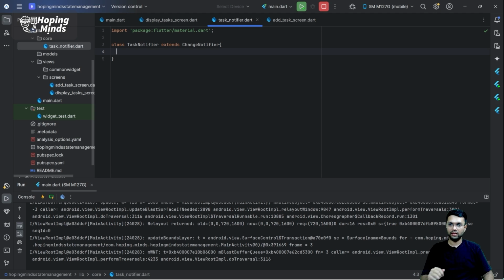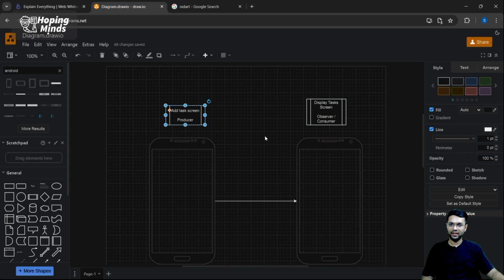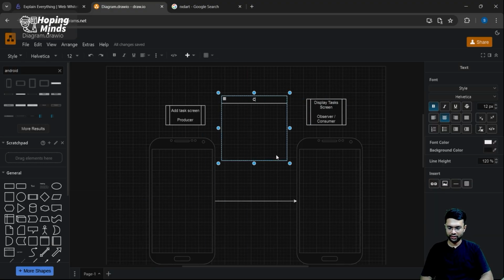So what does this thing will do? This class will notify changes of producer to consumer. So basically, if you go by the diagram, this was my producer, this was my consumer, and now over here I have my task notifier,